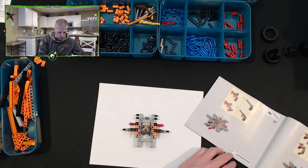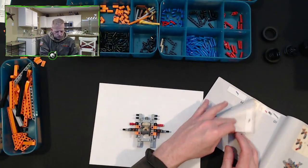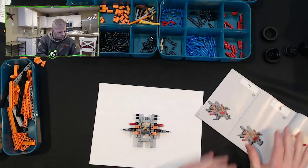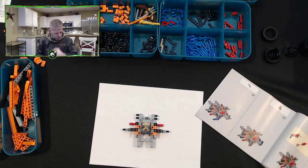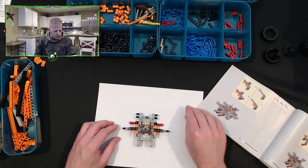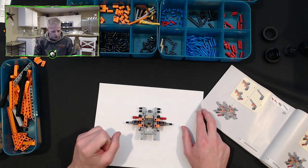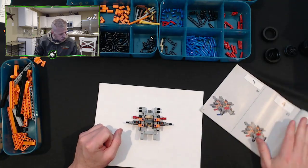You know what we're going to do? Each time I complete a step, I'm going to... maybe not. We'll keep our spots. All right, so moving on to step 11. We got step 10 done. Things are coming along pretty good. This is nice. This is a nice build. So step 11 is going to take us to...